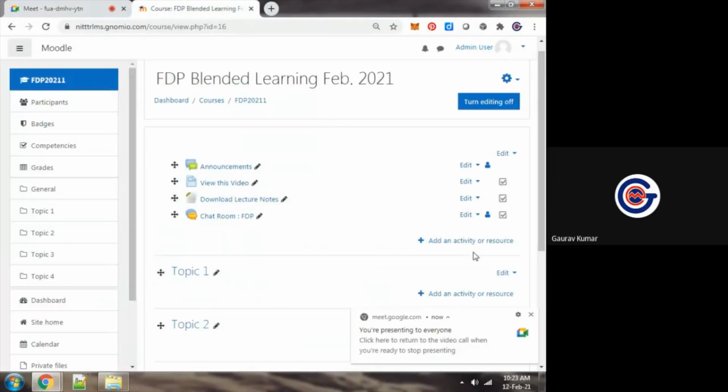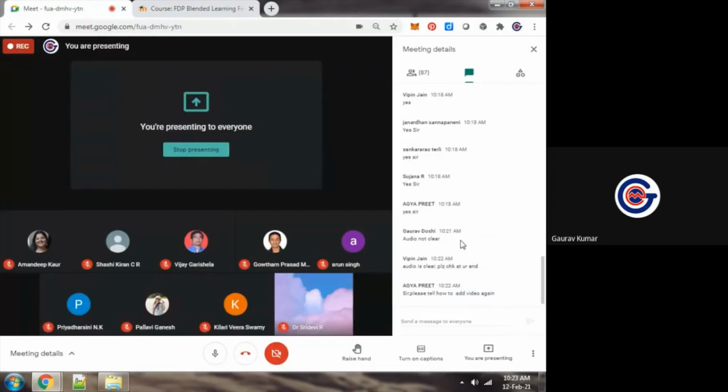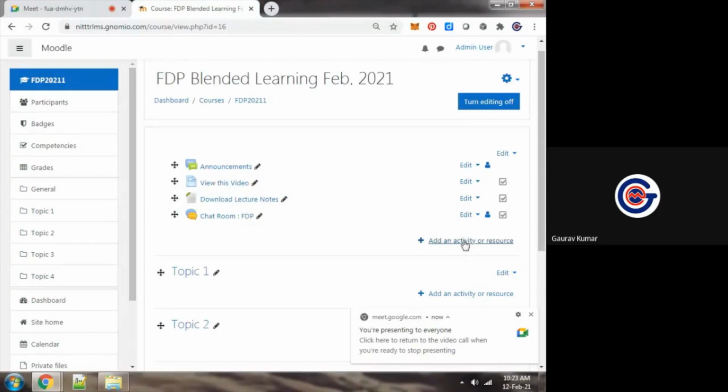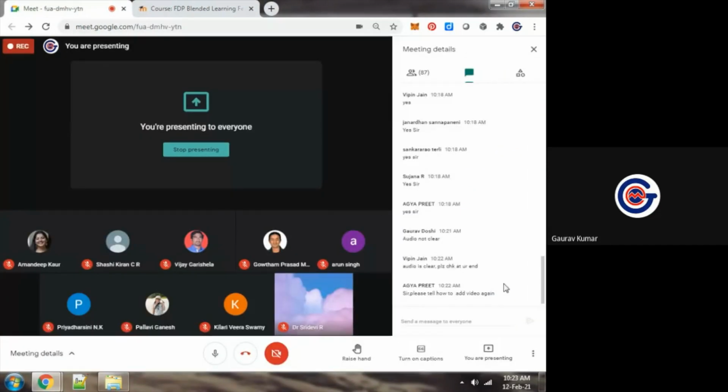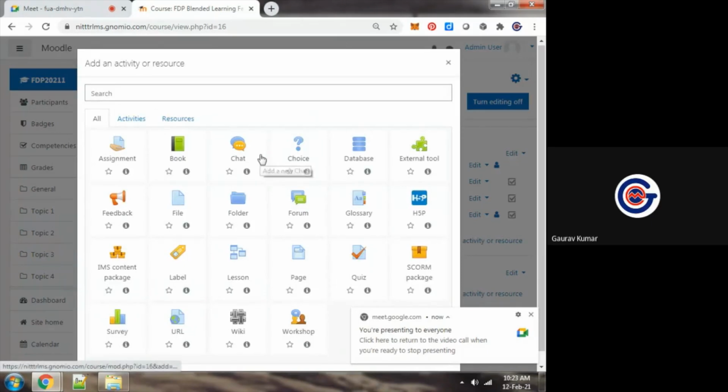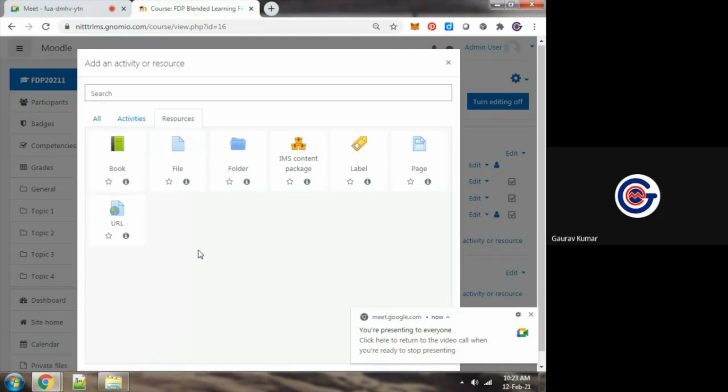I'm repeating that point again, as there is one query: how to add video. So add an activity or resource. In chat, one participant is asking how to add video. In resources, video is a resource, that is a study material. In page,